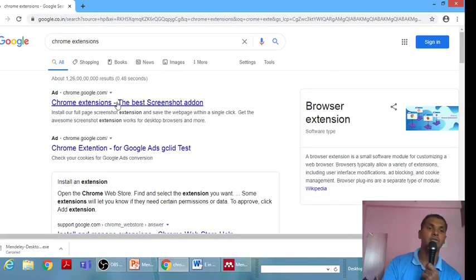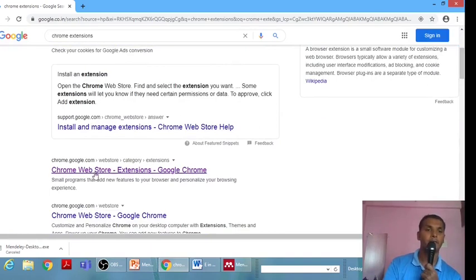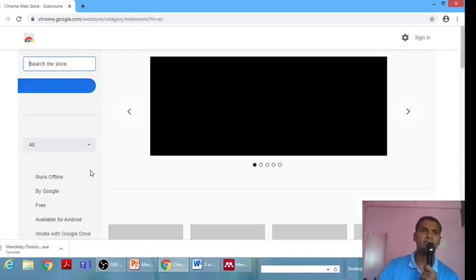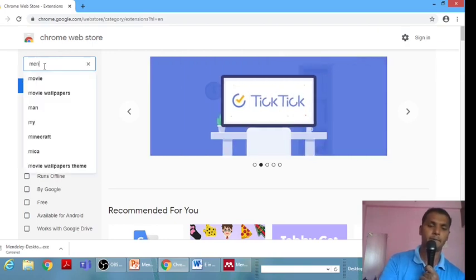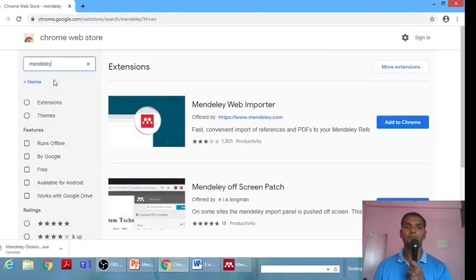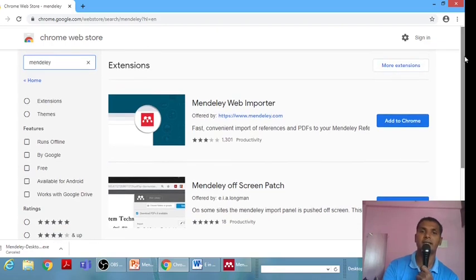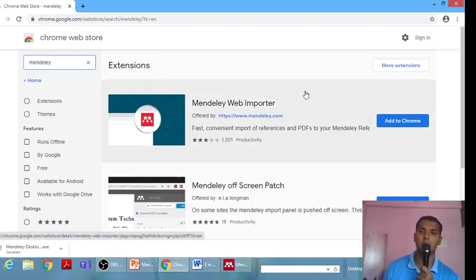Then you need to open this Chrome extension. Yes, Chrome extension is there, and you have to sign in. In the search box I will write Mendeley. Yes, there are many extensions, but the first one you have to add into Chrome is Mendeley Web Importer.